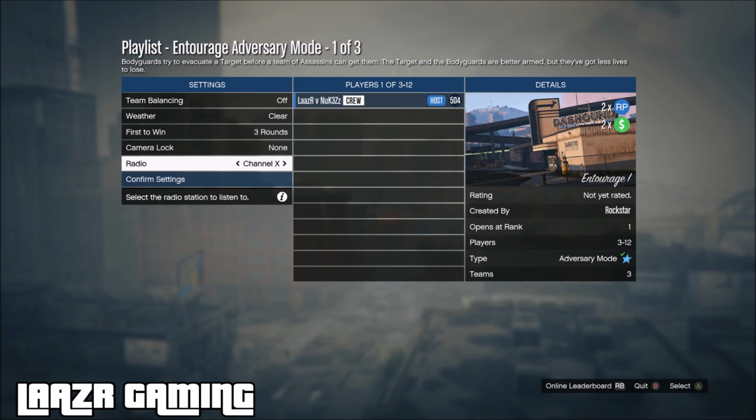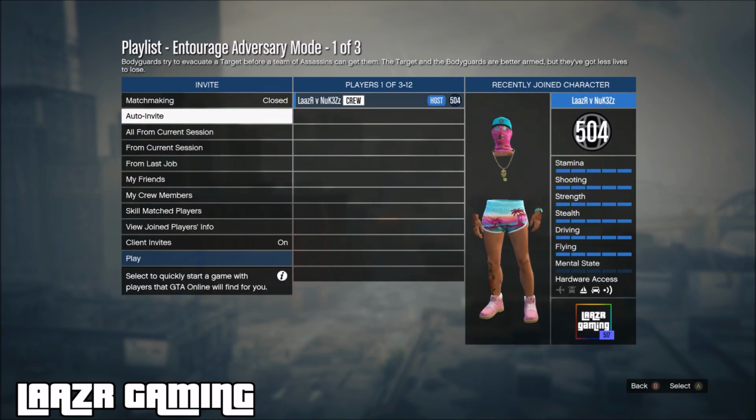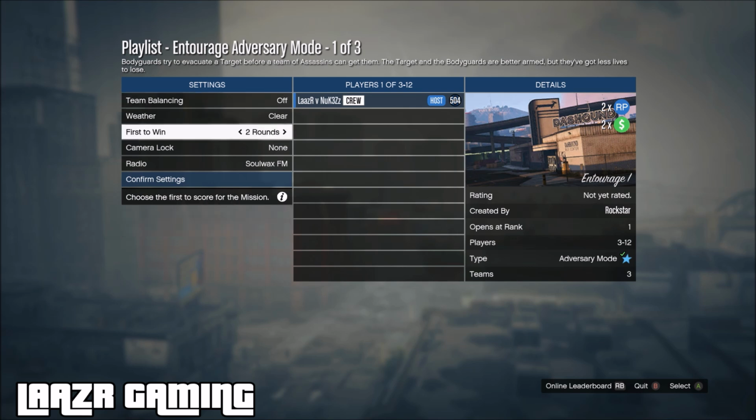Secondly, you want to set it on 3 rounds. The reason you want to do that is because Rockstar have recently introduced something called a winners round bonus. This will make more sense later in the video, but it makes a difference of about 3 to 6k every round, so it can make a big difference overall, especially if you end up playing 5 rounds